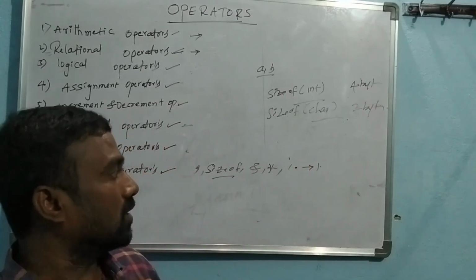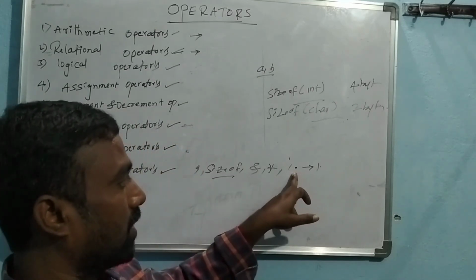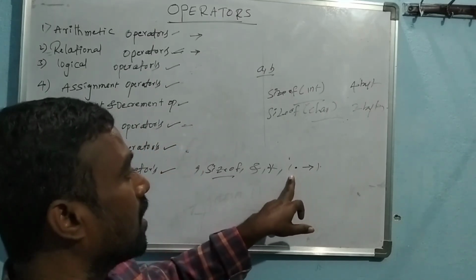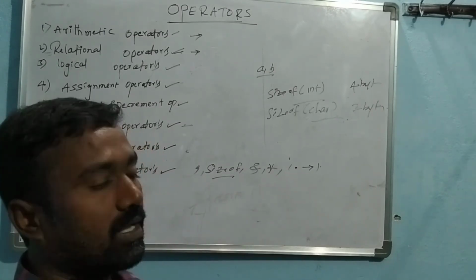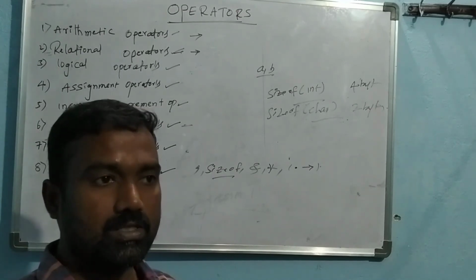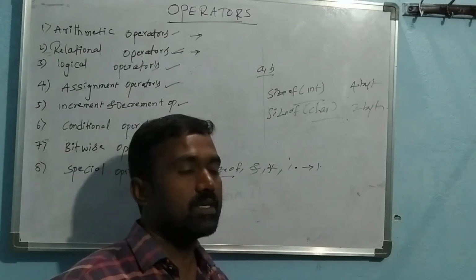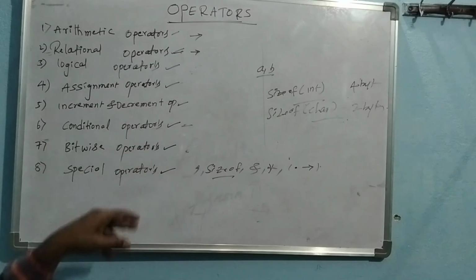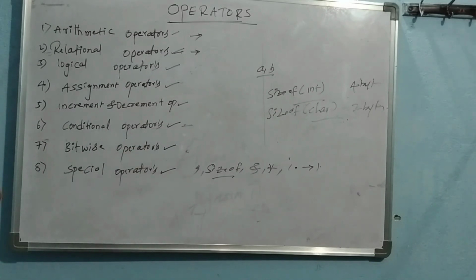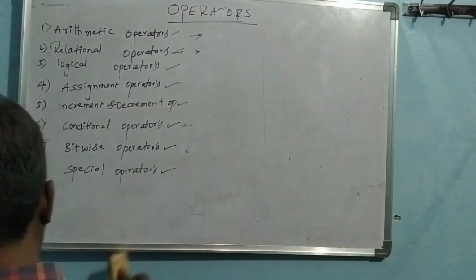Dot and arrow symbol, these two operators are called member selection operators. We will discuss these in structures and unions, where we talk about member selection operators. So totally, these are the 8 types of operators available in the C programming language. Okay, let's discuss a small